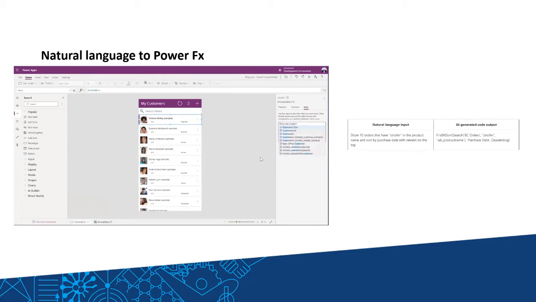Public testing of this feature in Power Apps will begin in June this year. Going forward, Microsoft also plans to introduce this GPT-3 mechanism to all other low-code platforms from the company, and also extend PowerFX for use not only in Power Apps applications, but also in all other applications.